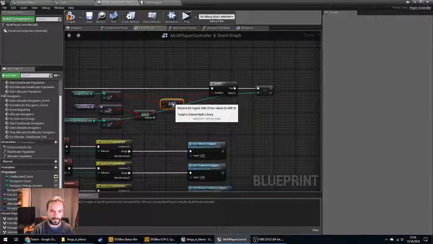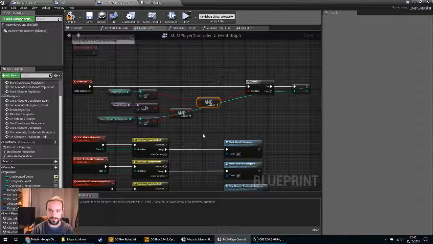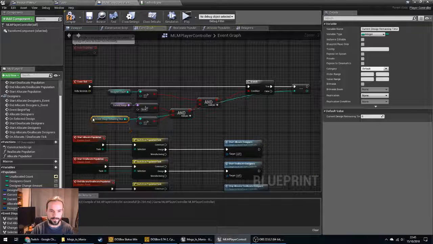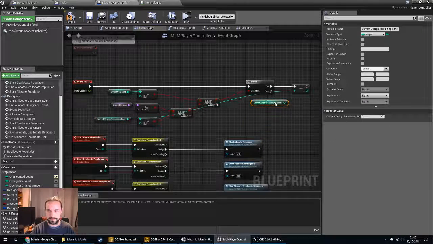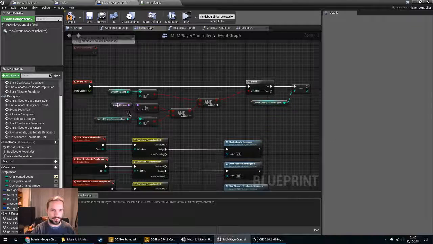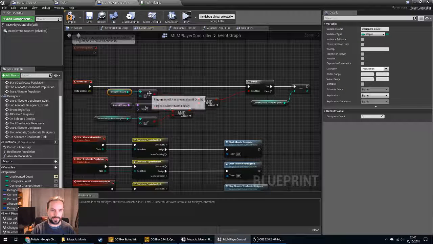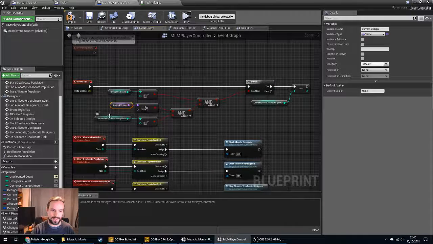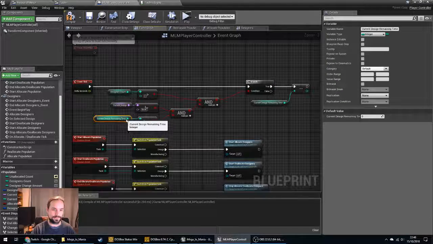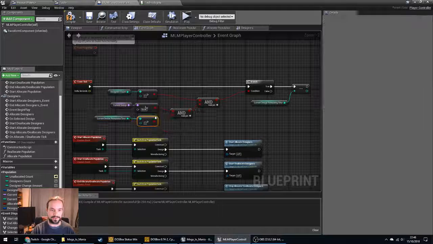It's that one that goes there. We'll just reference that one again just to clean up the graph. So that's basically, if we've got designers and we have a current design and we have a current design remaining time value of greater than 0, then